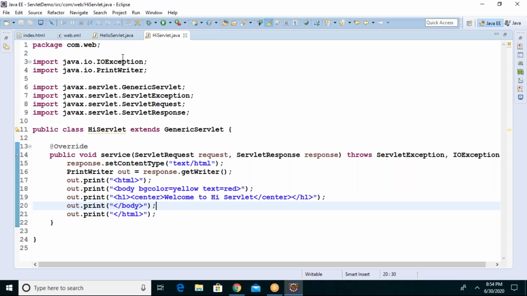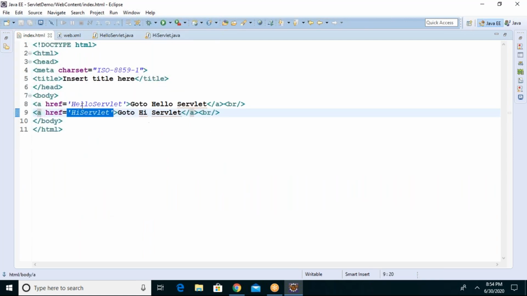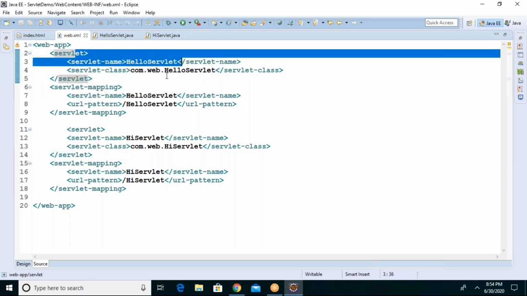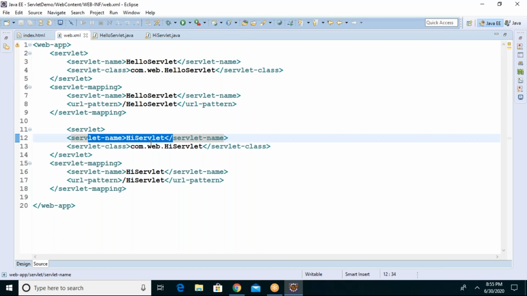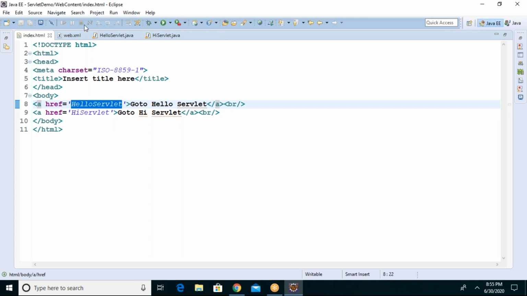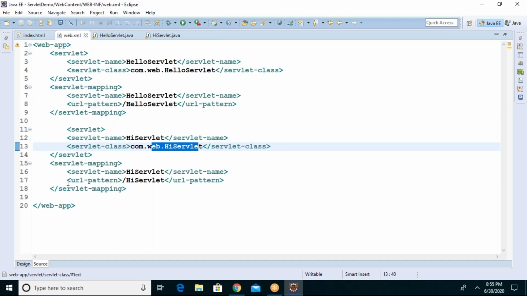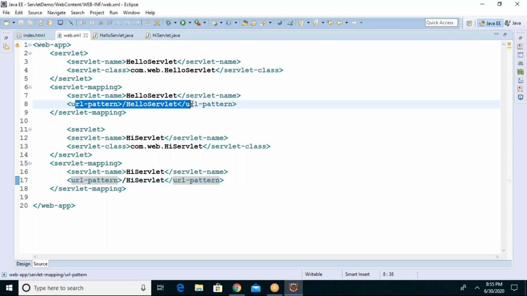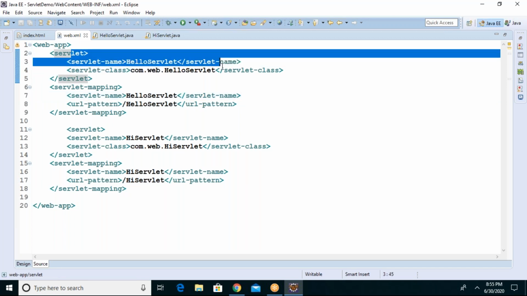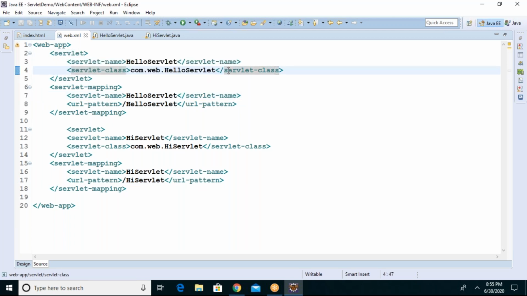Yeah. So whenever you hit this first request, where is that? HTML. Hi servlet. In the web.xml, it will try to map the servlet. Yes, hi is there. Then it will collect the name and go and search in the servlets. Is it mapping? No. Is it mapping? Yes. Then it will execute this. When you go to index and hit this request, it will go to the web.xml. First, it will go and search this. Is it mapping? No. Then it will go to the other URL pattern mapping. Yes. It will collect the name and go to the servlet. Yes, it is matching here. Then it will execute this. This is the flow, guys.